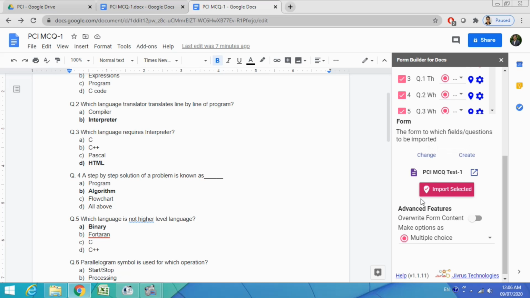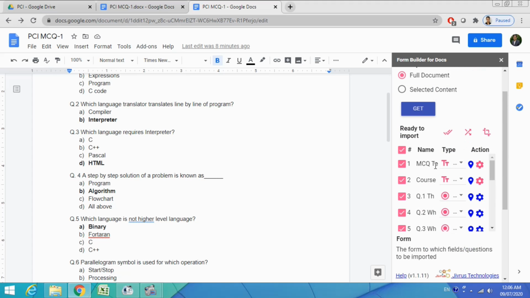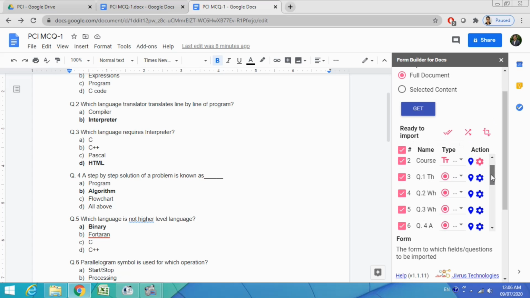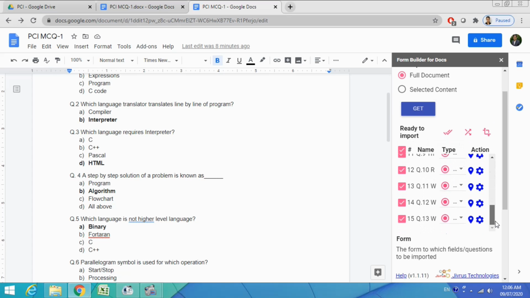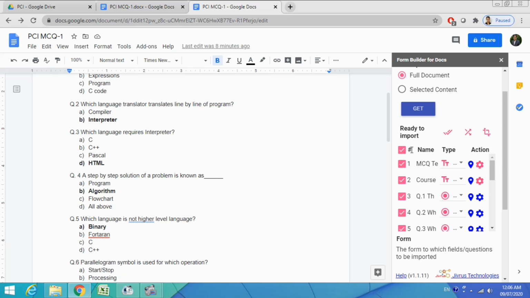Now you have to import all selected questions. Selected questions means what? All of this above is a list. All these are the questions selected, and this tick mark is a checkbox. If you untick it, that question will not be added to the Google form.